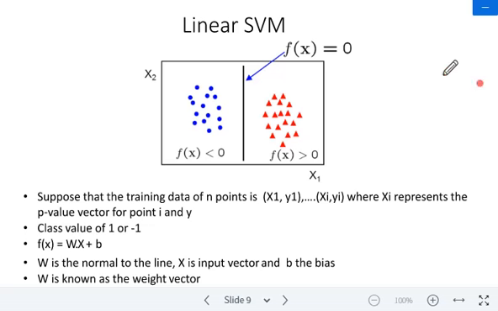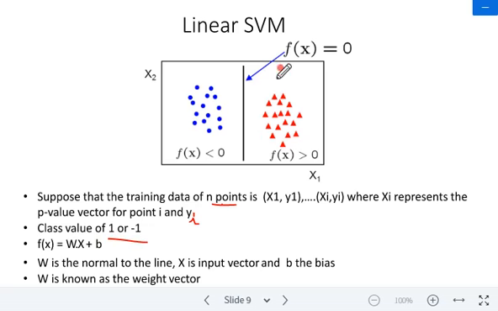Now let us consider the linear support vector machine. Suppose that we have training data of n points, (x1, y1) to (xn, yn), where xi represents the p-dimensional vector for point i and yi is its binary class, of value 1 or minus 1.